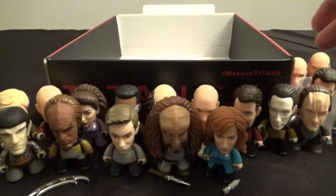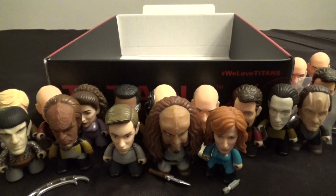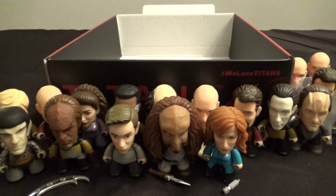You got the whole original crew there. You have the classic characters like Locutus and Gowron. Q, of course, who I didn't get, but I'll find him. And you've only got the 2 super rare figures to hunt down, and you get one of them in a case, so